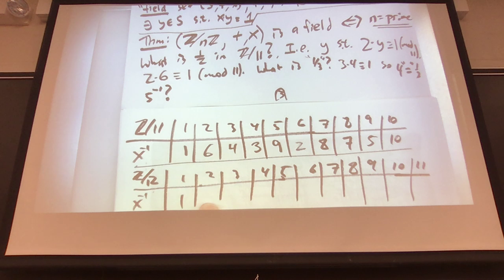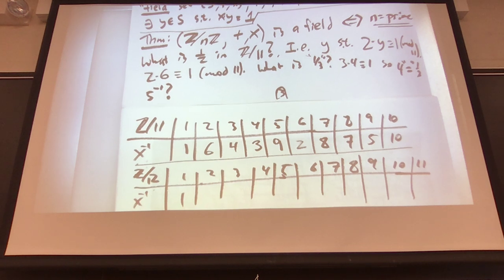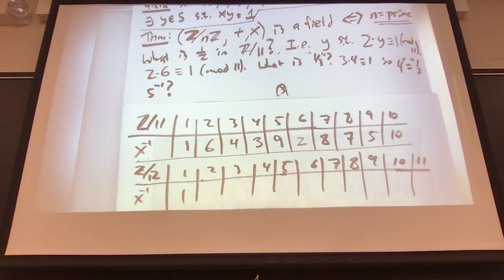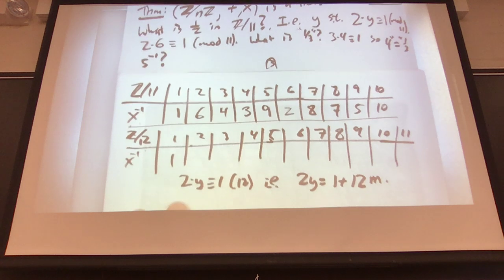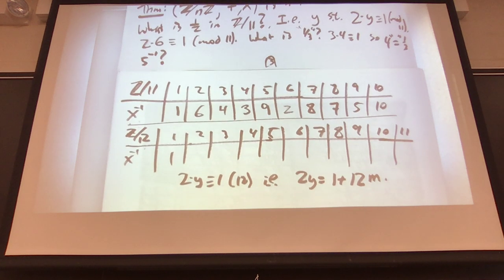So 2 times, well, it can only become a multiple of 2, so it is an even number, so it can never be an odd number. It can never be 1 more than a multiple of 12. Right. We're trying to solve the equation 2 times y is congruent to 1 mod 12. In other words, 2 times y is equal to 1 plus a multiple of 12. In other words, we're trying to solve the equation 12m plus 2y is equal to 1 in the integers,